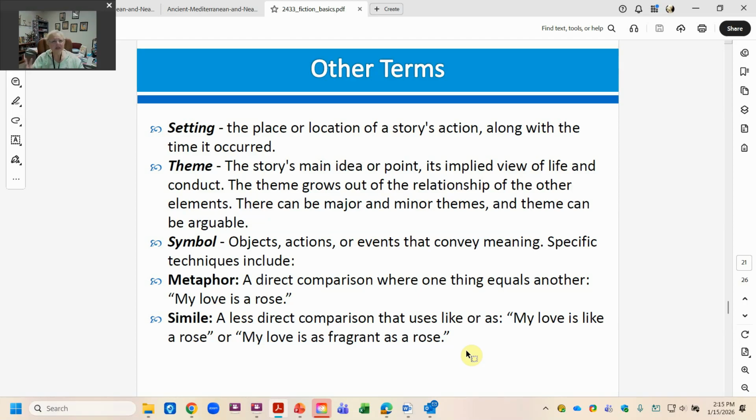How do we convey meaning in things that is maybe doubled, right? Or it's not necessarily just the obvious. So a metaphor and similes are comparisons. Metaphor is direct: my love is a rose. Simile is a little bit less direct: my love is like a rose, right? You always have to have like or as with a simile. So these are important ways, not only in poetry, but even in fiction, that we try to convey some kind